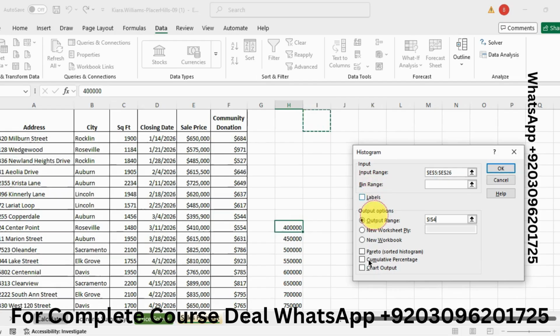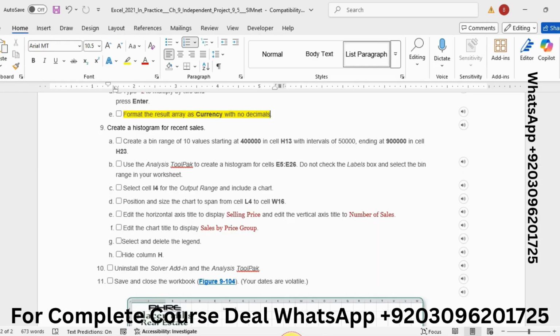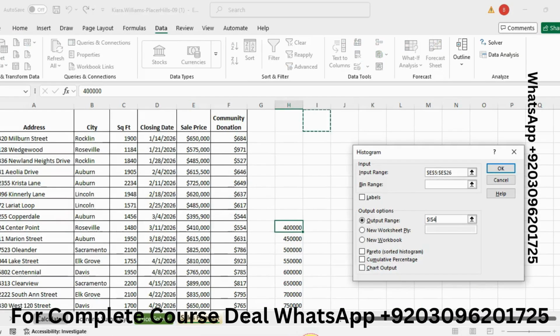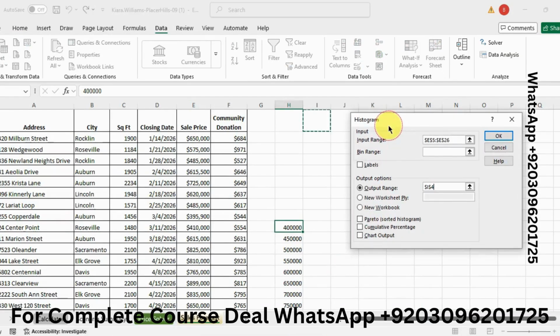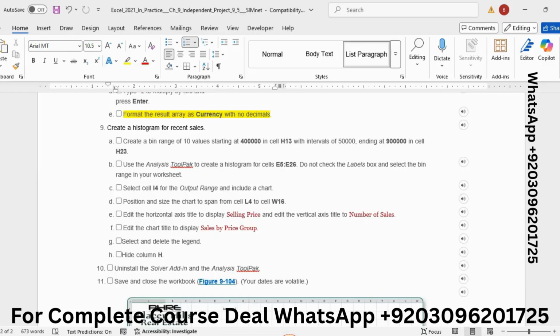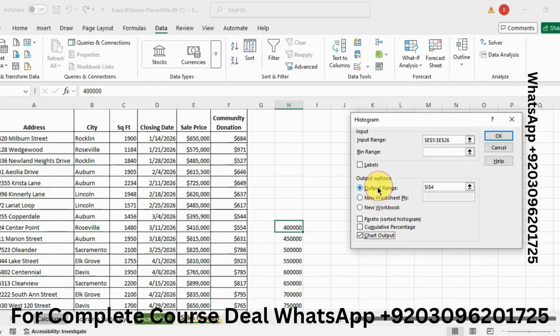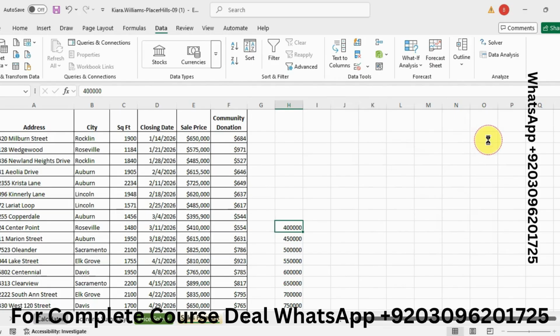And include a chart, so check the box of chart output, and now I need to click on OK.